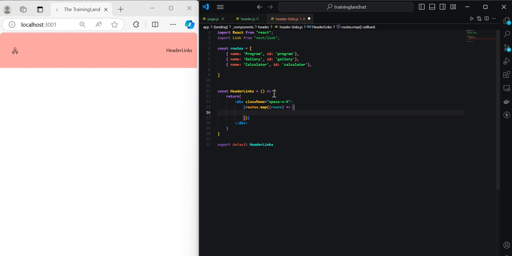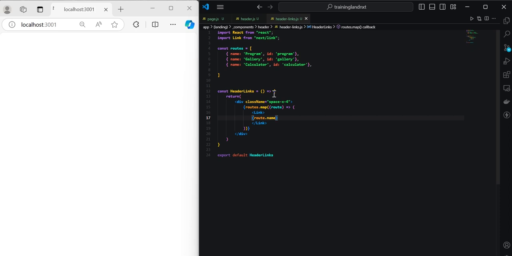And for each route, we want to display a link. Clean that up a little bit. And within the link, we want to show the route.name. And if we hit save,